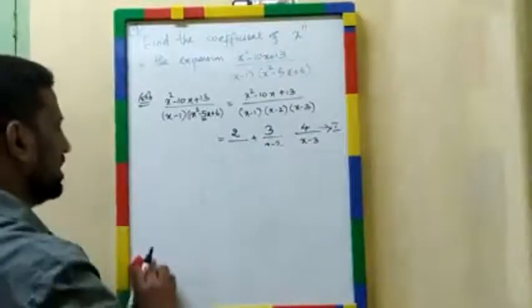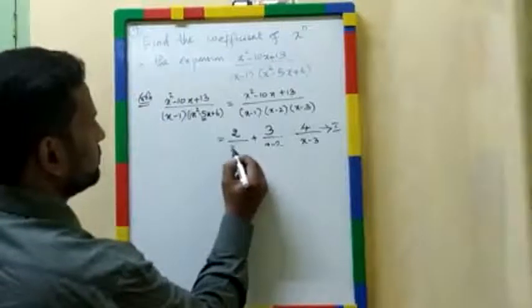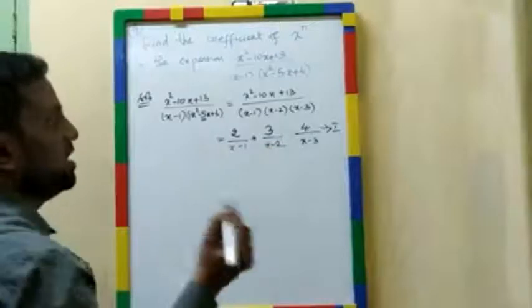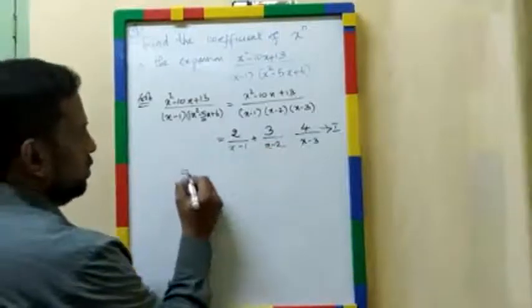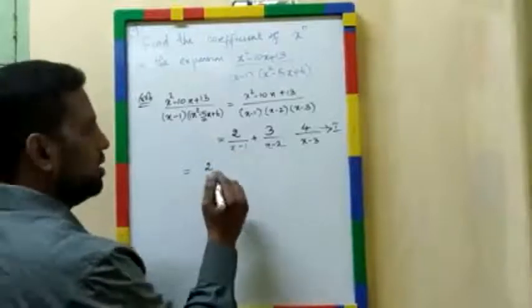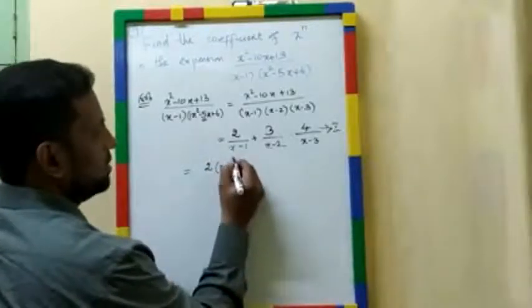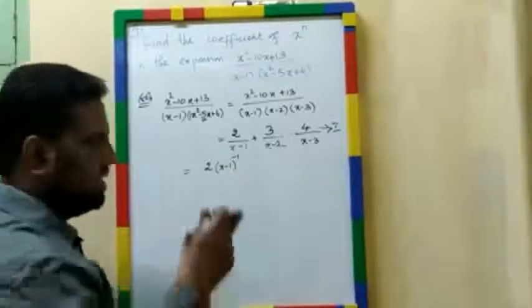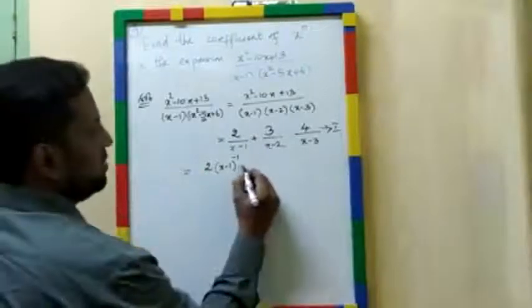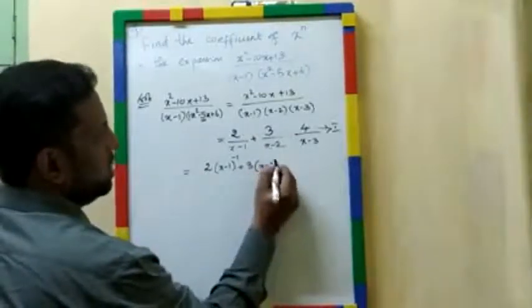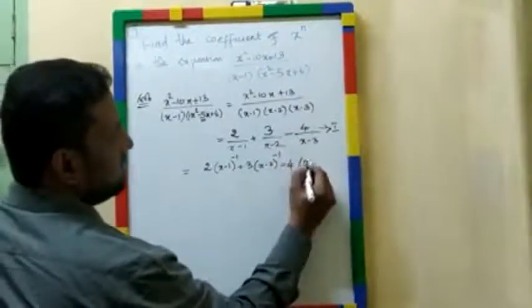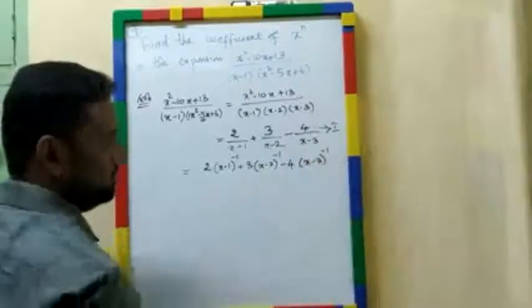Okay. Now in this required partial fraction, you have to find out the coefficient. So for this, what you will do? Just you bring x minus 1 to the numerator. So it becomes inverse, obviously, from the denominator to numerator. If you bring the term, whole inverse. Similarly, 3 into x minus 2 whole inverse plus, sorry, this is minus 4, isn't it? x minus 3 whole inverse. Okay.